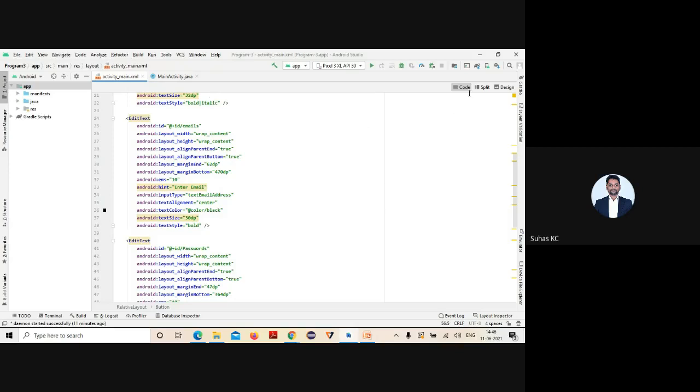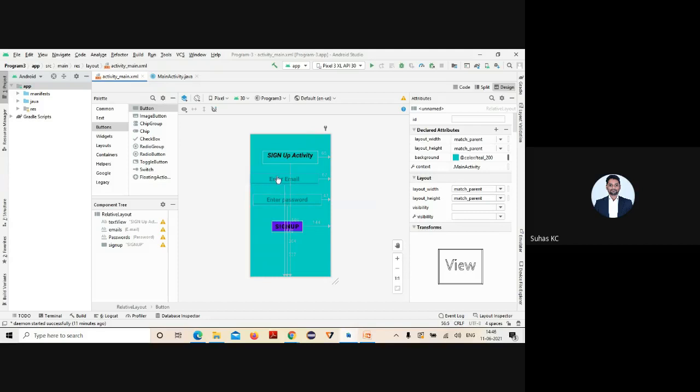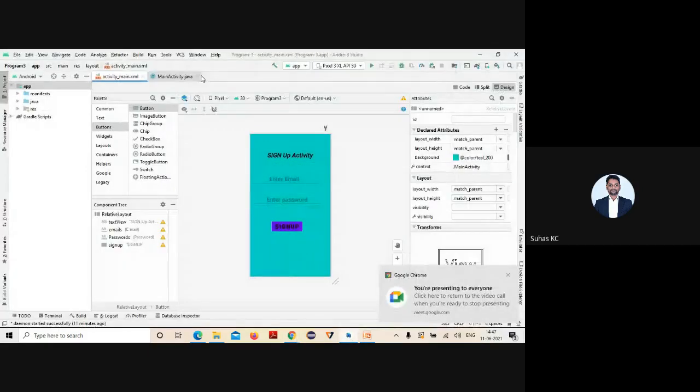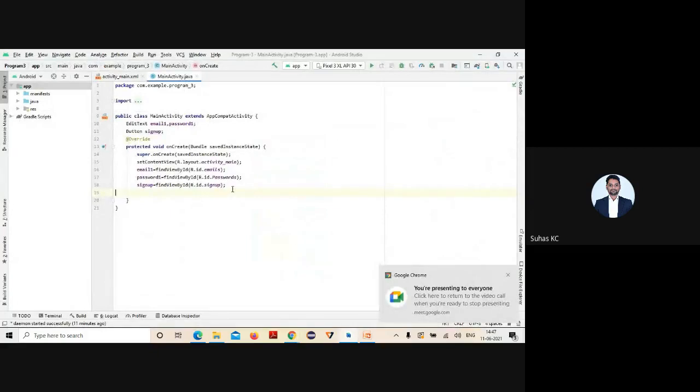Now what I should do is, after entering the username and password, once I click the sign up button, it should take to a new activity. So whenever I press this component, the sign up button, it has to take to the new activity on clicking of this. For that, there's something called an on click listener. So I need to enter that. Here, the button is identified by the object sign up.